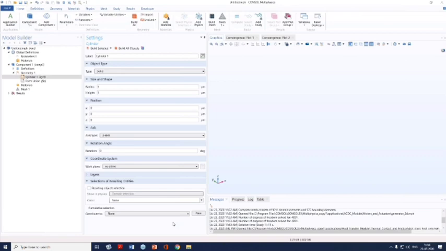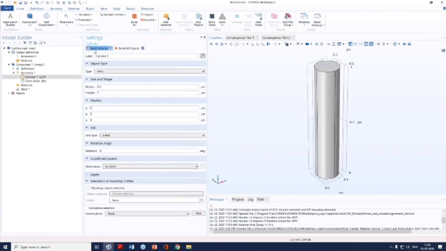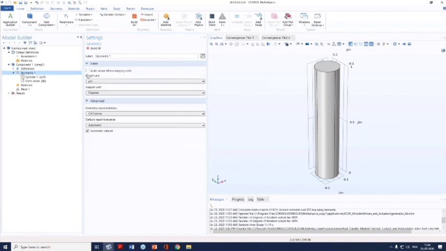Once the cylinder is created, let's say I am creating it with 1 micron height and 0.1 radius. This is the rod that we were discussing about. Then to change it to 1000 meters, what we can do is, first of all, go to geometry,